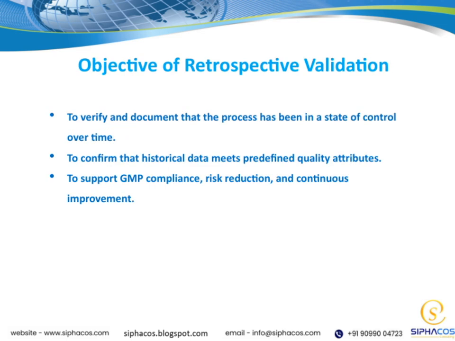Today, I want to highlight the main objectives of retrospective validation. First, it helps us verify and document that our process has remained in a state of control over time. This means we can confidently demonstrate consistency and reliability in our operations. Second, it allows us to confirm that our historical data meets predefined quality attributes, ensuring the data we rely on is accurate and trustworthy. Third, and perhaps most importantly, retrospective validation supports GMP compliance, which is critical for maintaining regulatory